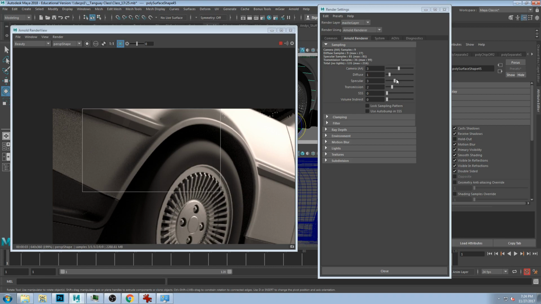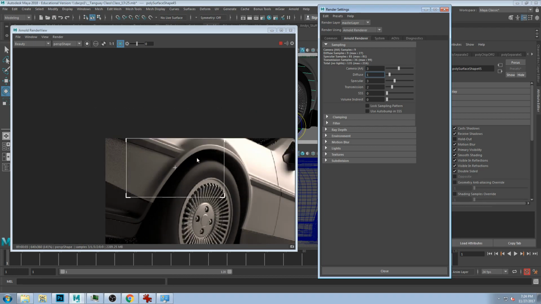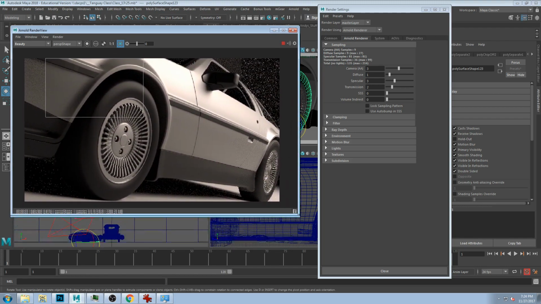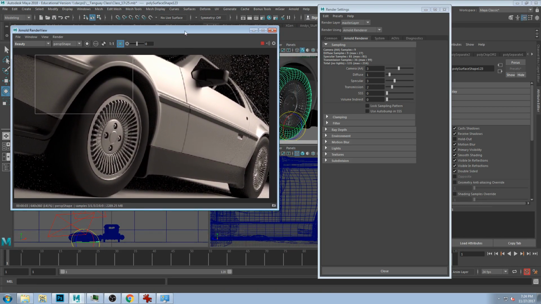So if I pump this up to 4, it's probably going to get a whole lot cleaner, okay? It's going to take longer, but it's going to get a whole lot cleaner. If this is a still, great. But if you're rendering an animation where you're rendering 500 of these frames, you want to get this down to whatever you can get away with, essentially, right? So if 3 looks pretty good, then you want to stay with 3 as long as you can get away with it. And especially if you're on your laptop at home, or if your computer isn't